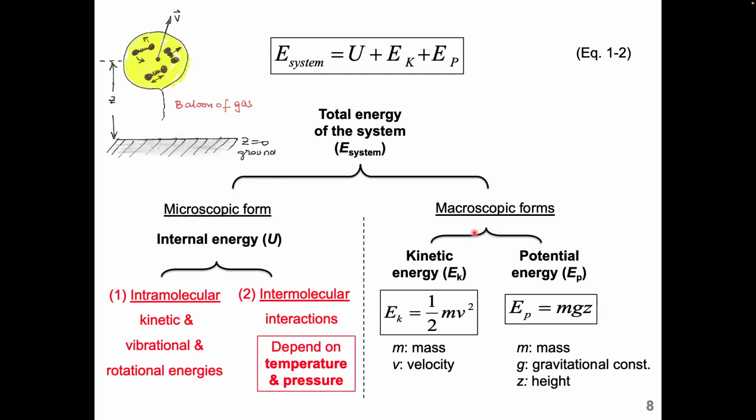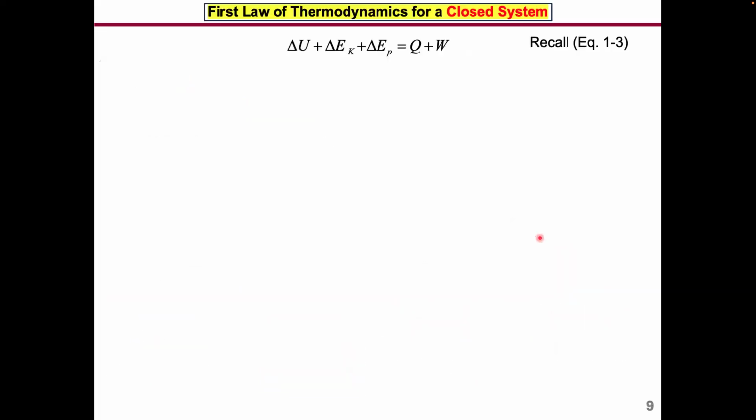The macroscopic form is more straightforward. We should already have learned this in high school, right? Kinetic energy EK is equal to 1/2 times mass times velocity squared. And potential energy is mass times gravitational constant times z. It increases with z, and kinetic energy increases with v, right? So depending on your v and z, you will have different macroscopic forms of energy, okay? Now,